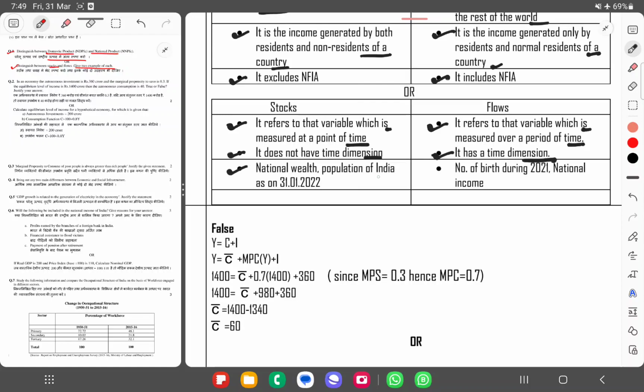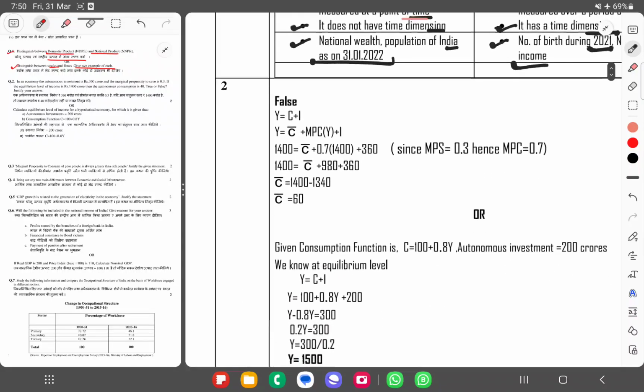The national wealth population of India as on 31/1/2022, number of births during 2021, the national income। ठीक है, चलिए आगे चलते हैं। क्वेश्चन नंबर 2,